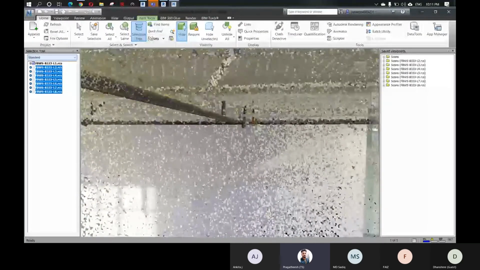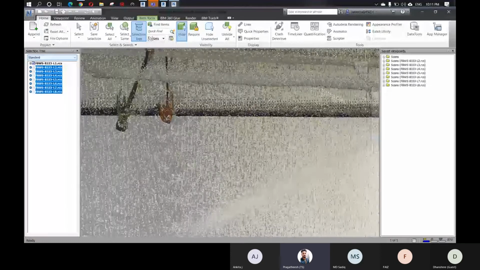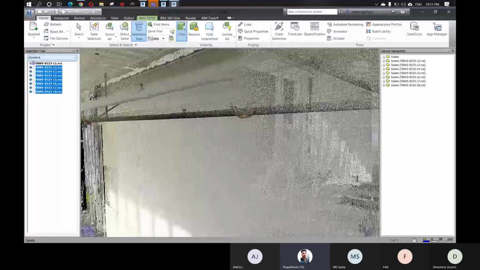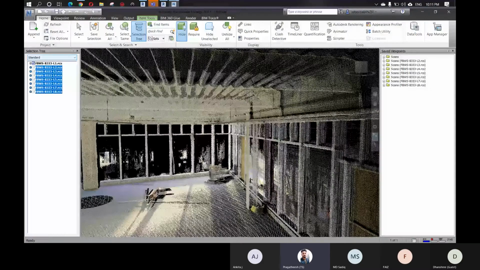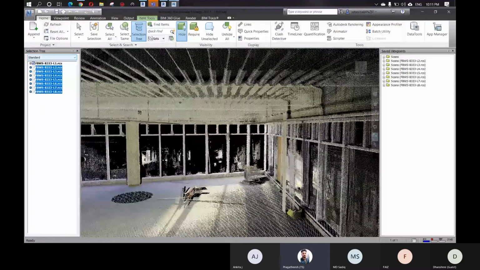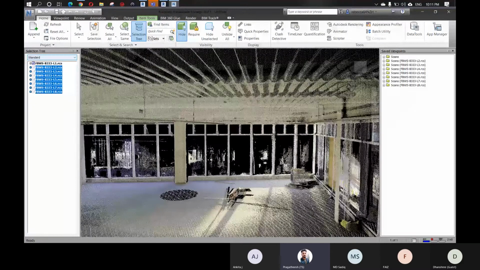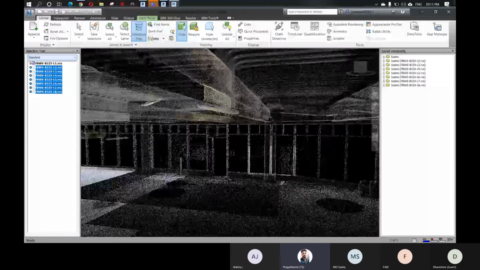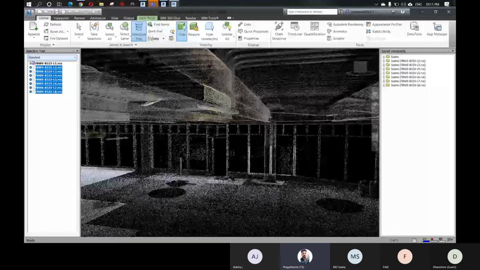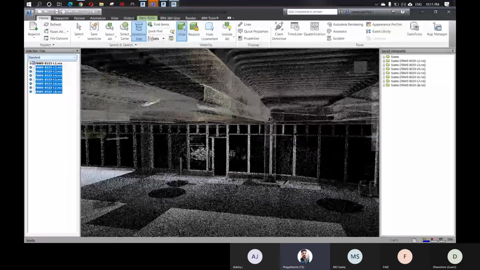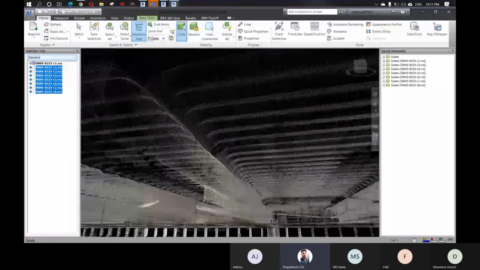That's the only way. You cannot run any clash detection. You have to walk through all these pipes like this and check whether it's clashing or not. That will take a lot of time. So this is how we run clash detection between the point cloud file and the Revit model, or whatever the format is.